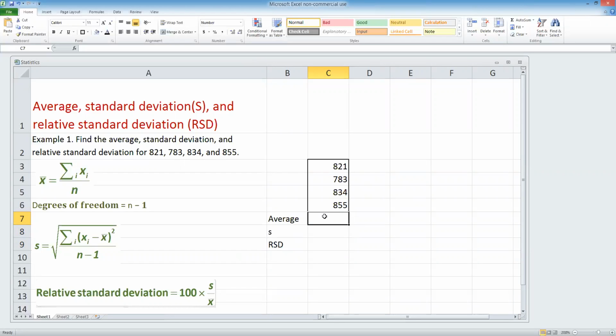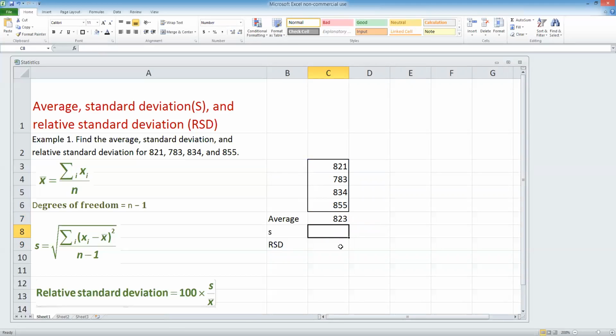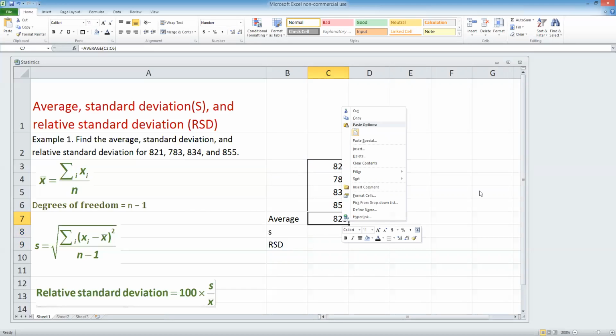For average, you can use the equal average function. Average, you can see it's coming out already. Double click, select the data, parentheses, and equal. You got the number. Keep in mind the significant figures. You can keep 3, or sometimes you can keep one more digit,